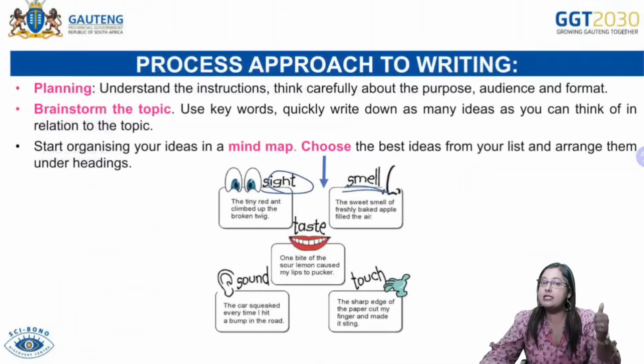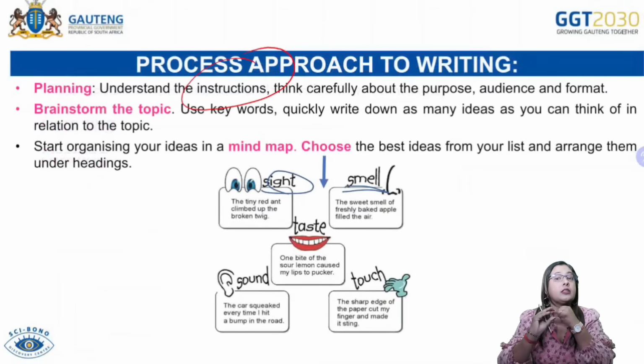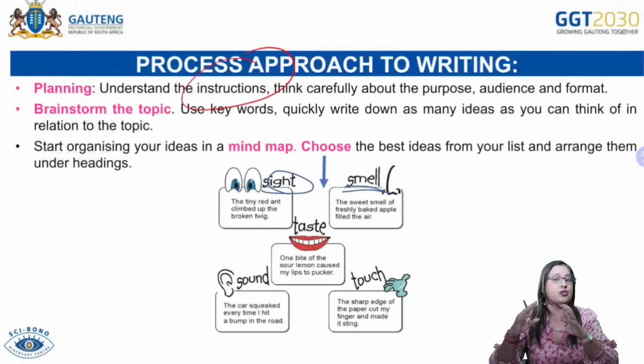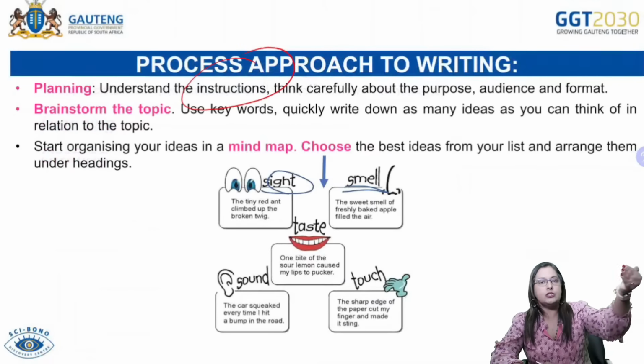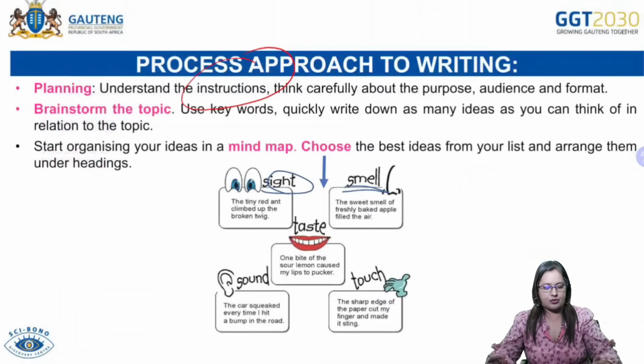So planning, understand your instructions, and please think carefully about the purpose. In other words, why you're writing this piece of work and who is the audience that you're targeting with regards to this particular piece. And then obviously, when we're looking at the transactionals, remember your format and your structure is very important. You're going to get marks for those things, okay? As well as the essay, because that's where we're looking at, do you, for example, know paragraphs must be used? Do you have a topic sentence in each of those paragraphs? That sort of thing, okay?